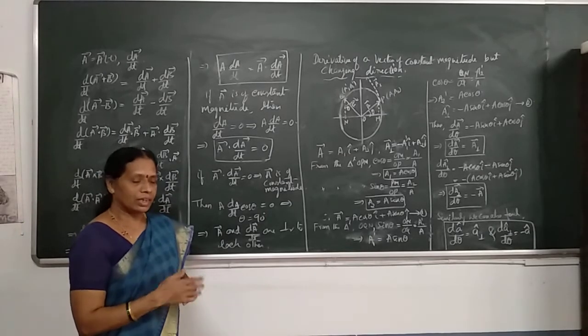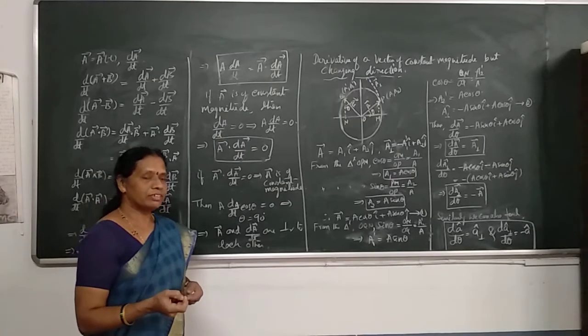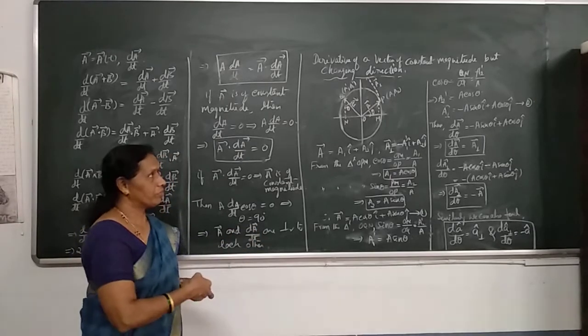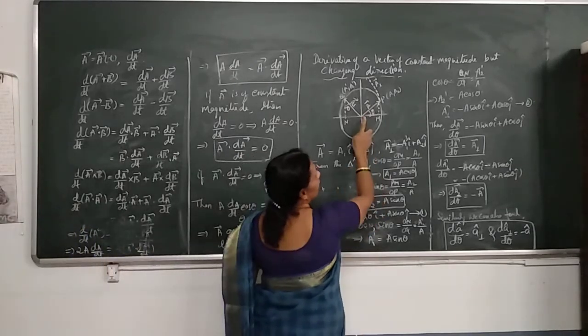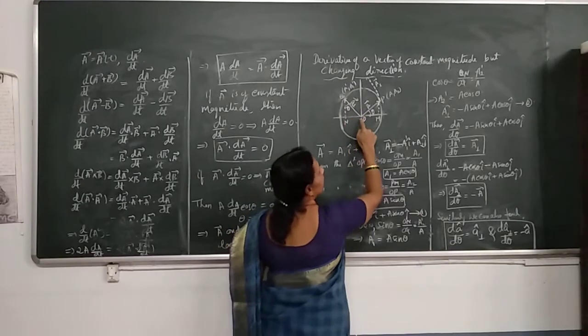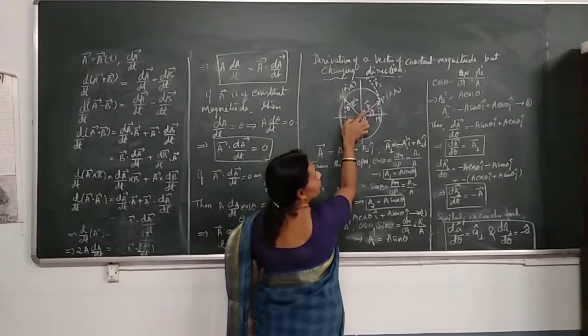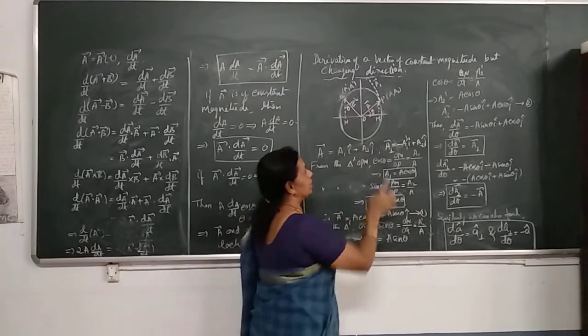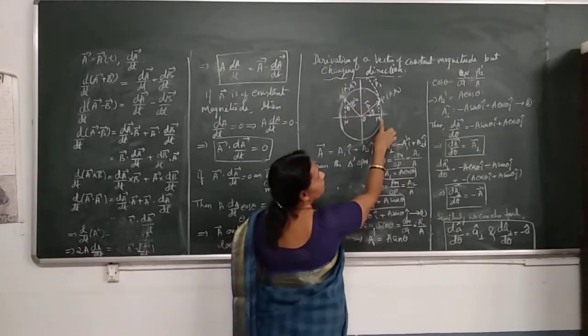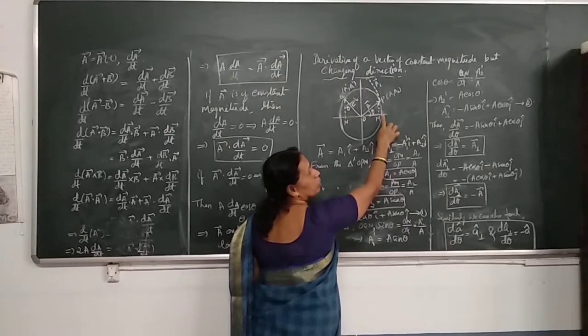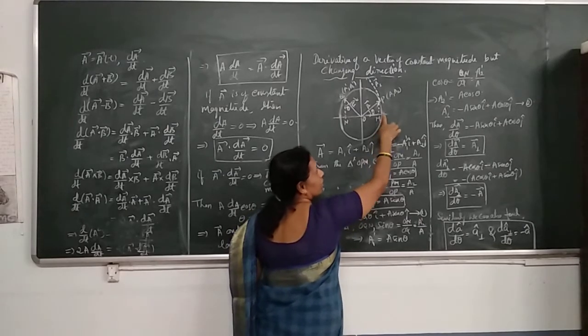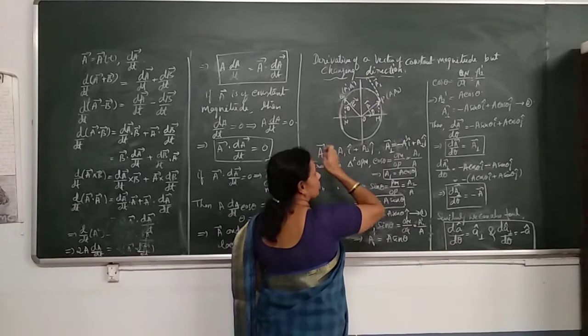Direction changes means that particular vector is describing a circle. See here, consider a vector A represented by the line OP, the line which represents the vector A. To start with, P coincides with M. P would be at this point M, so that theta is 0. As time t increases,